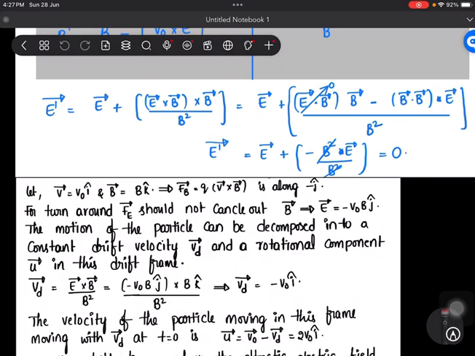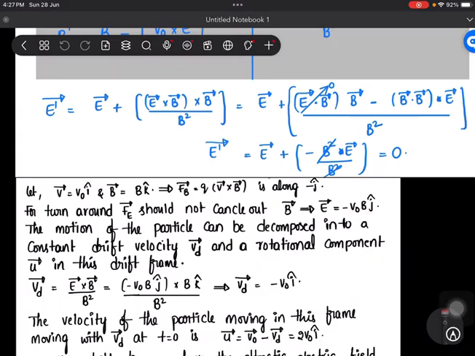But that is not our question. There is a turnaround. So when there will be a turnaround, the electric force should not balance the magnetic force. Instead, it should act in the direction of magnetic force. So that's what I have written here. For the turnaround, Fe bar should not cancel out the magnetic force. So Fe bar is taken in the direction of magnetic force, that is minus V naught B j cap,